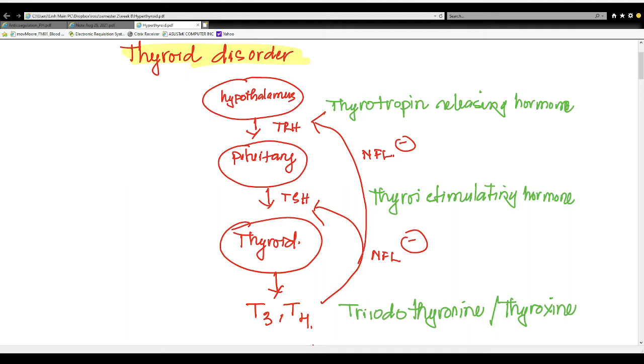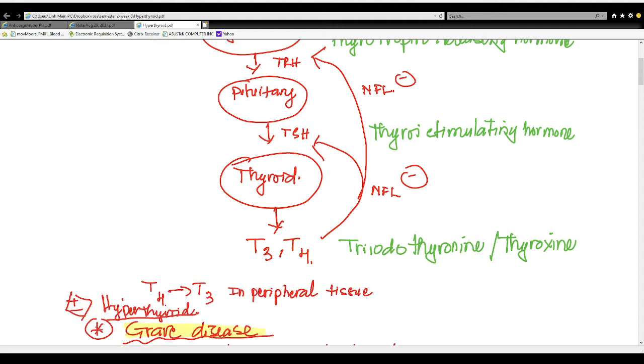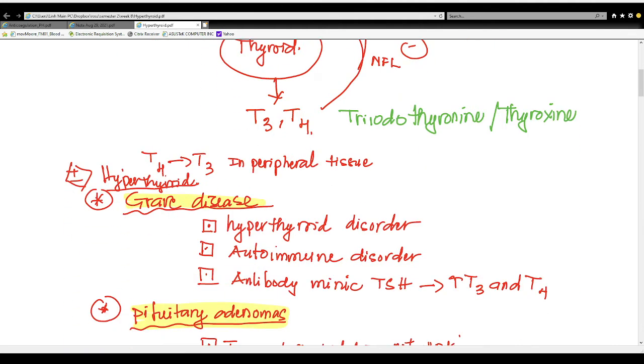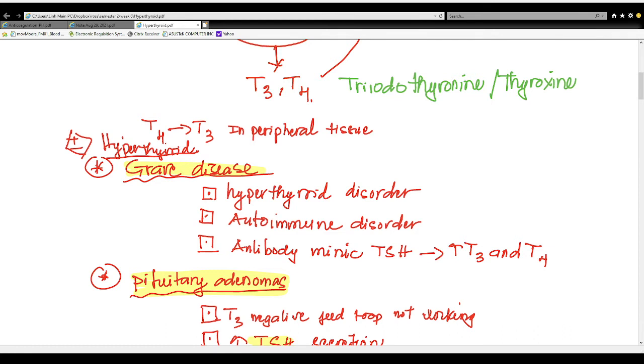TSH is thyroid stimulating hormone, and then TSH will stimulate the thyroid to make T3 and T4. T3 is also called triiodothyronine, and T4 we call thyroxine. First, I want to talk about